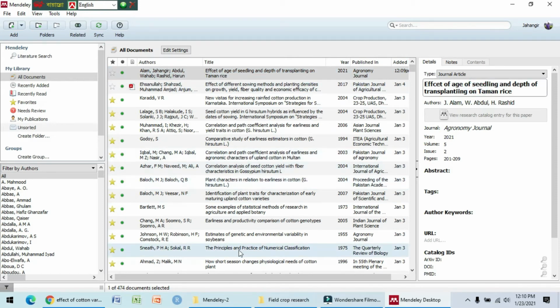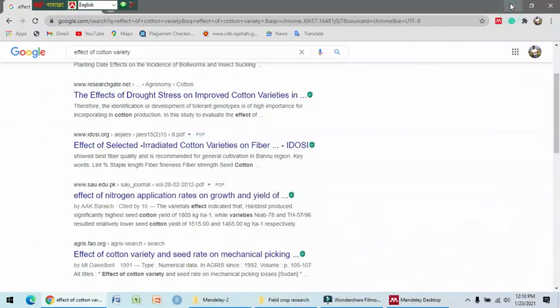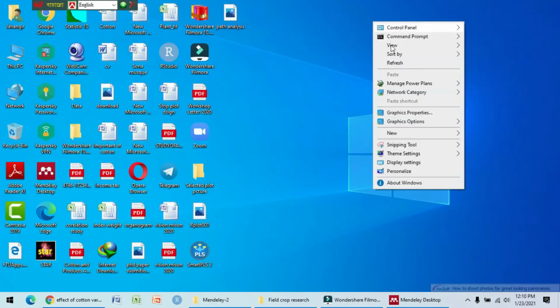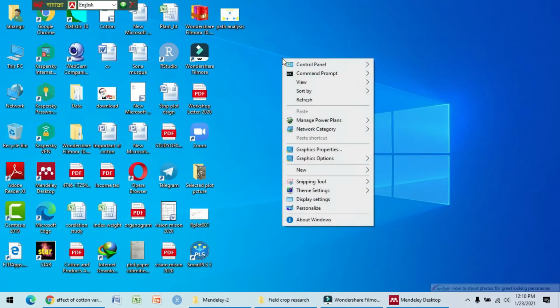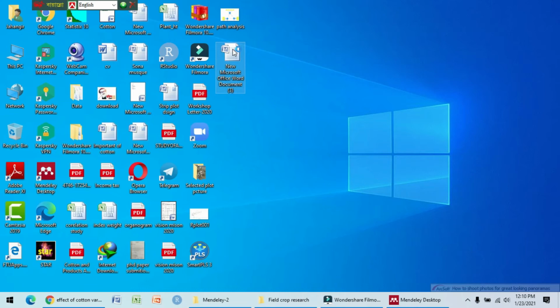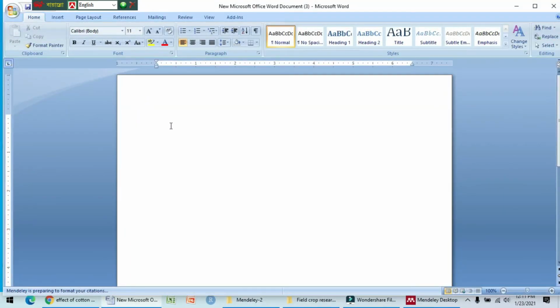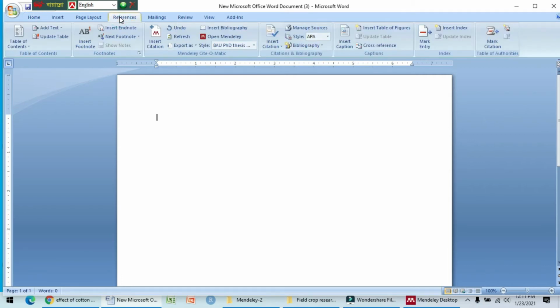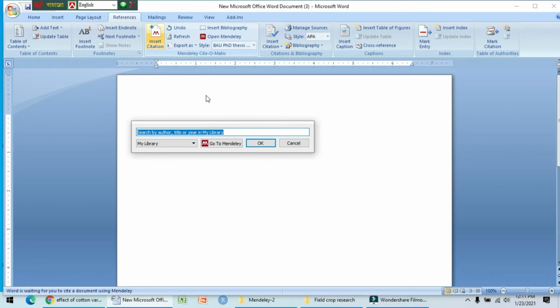Okay, and now how can we use Mendeley references or titles in our Word document? First we open a new Microsoft Word. Now we can write the first author. We go to the reference option, go to citation, and next go to Mendeley.